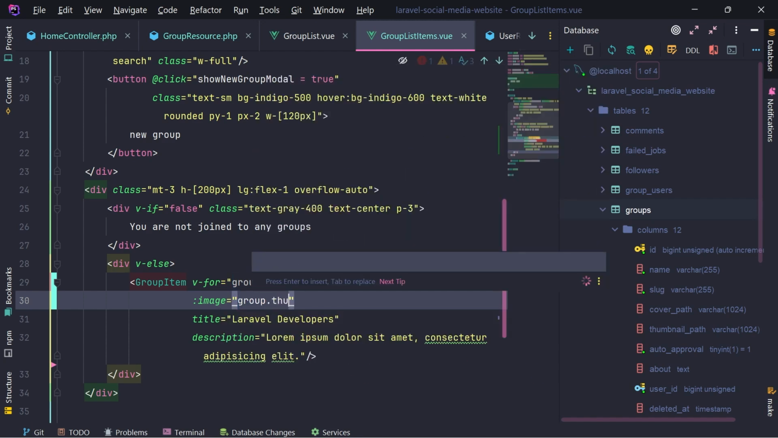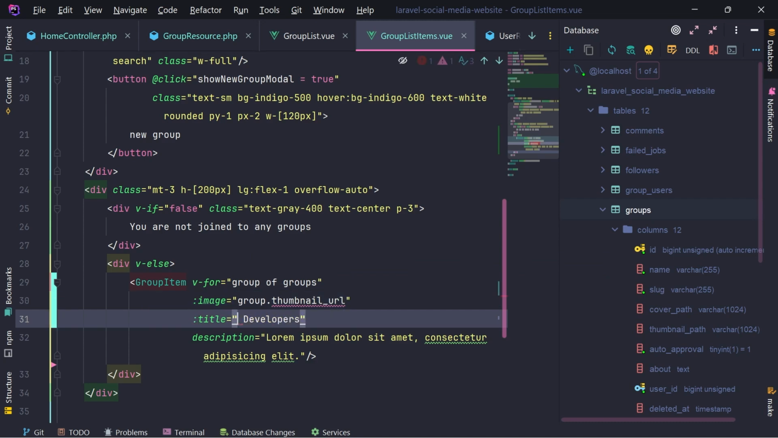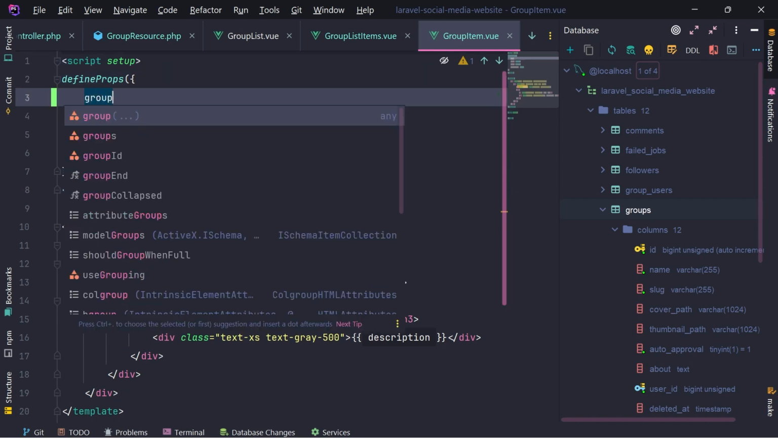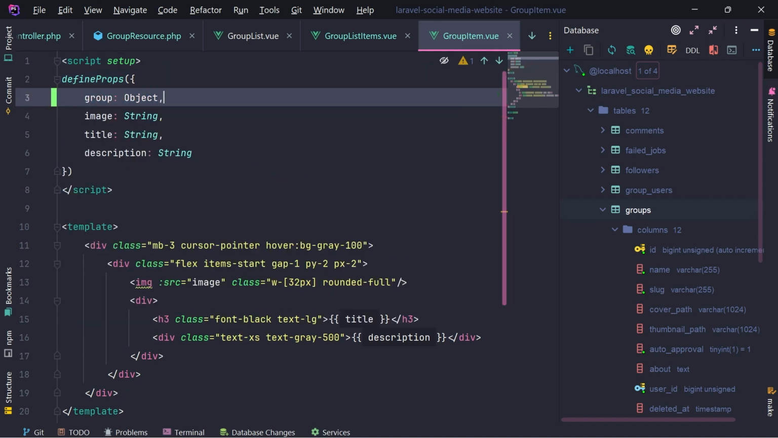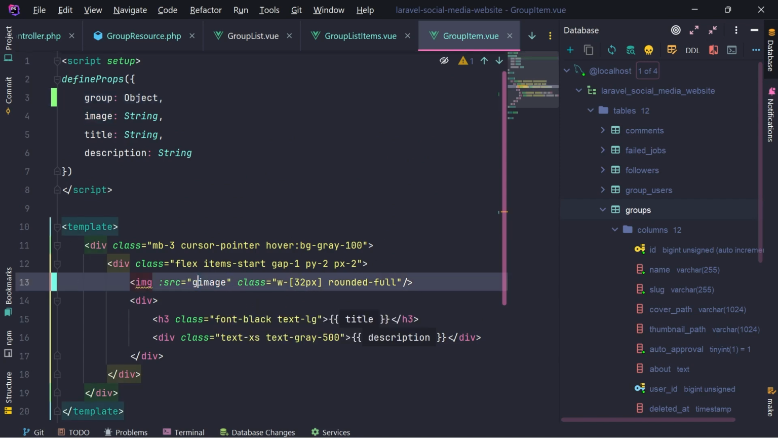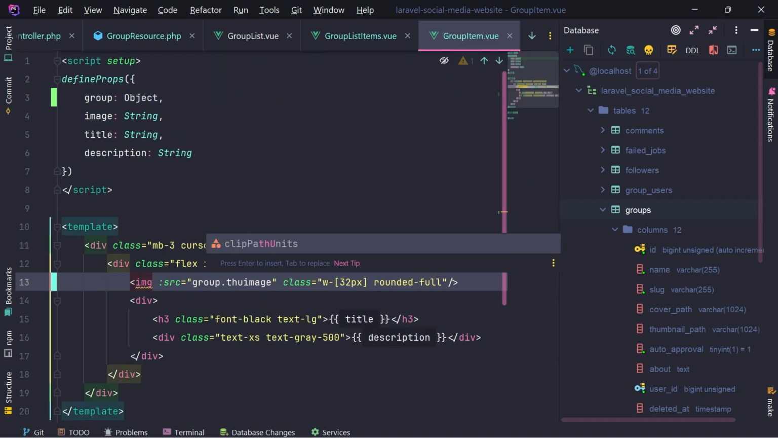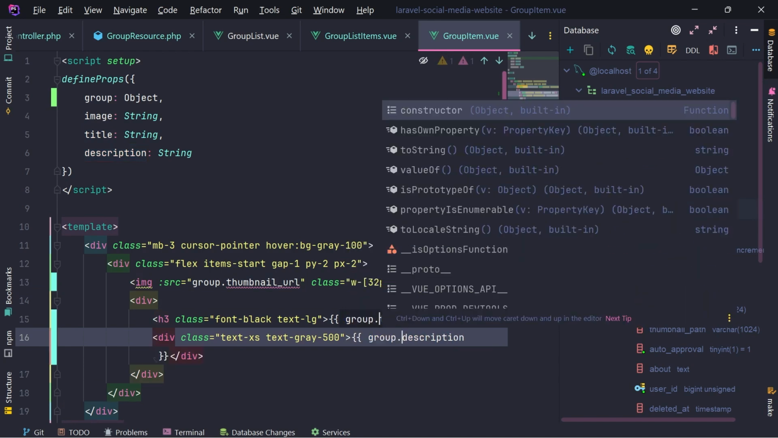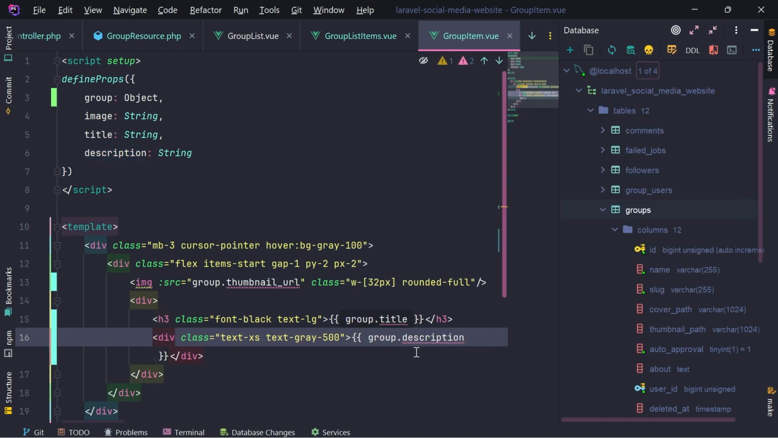group thumbnail URL. We're going to pass title. Basically, why don't we pass the entire group object? So we're going to accept group here, which is going to be object. Then we're going to get group thumbnail URL. We're going to get group title and the description. Okay, the description of the group is